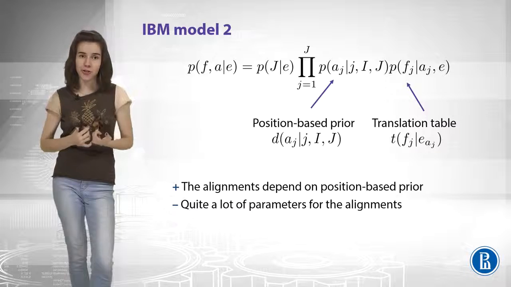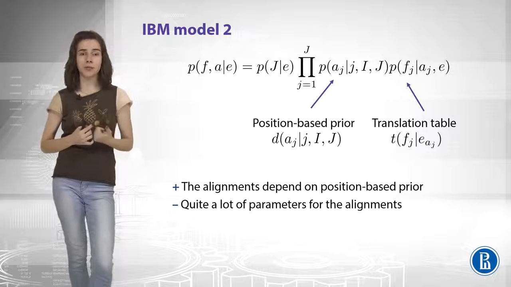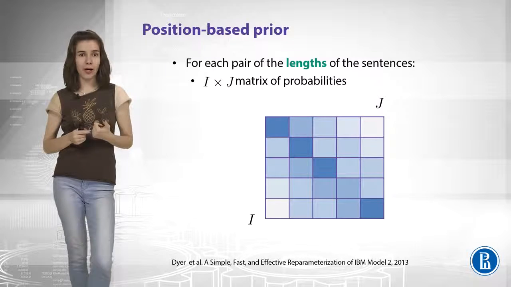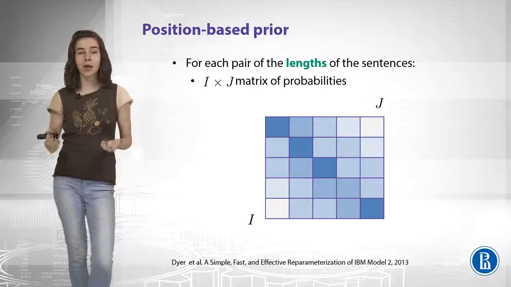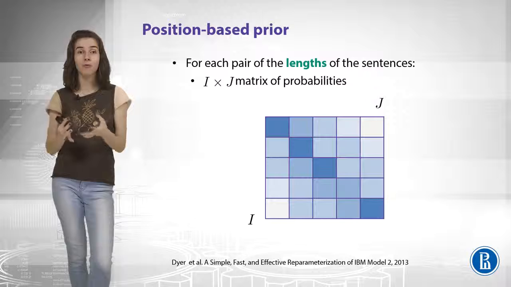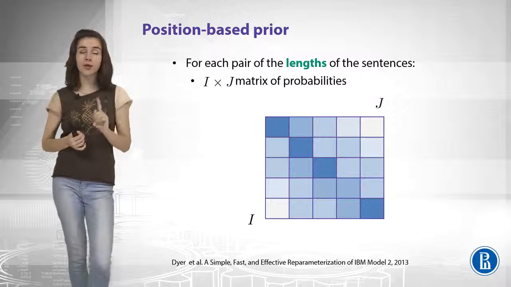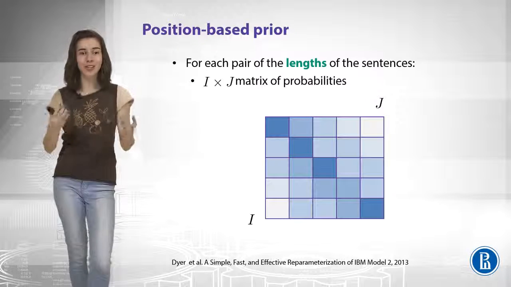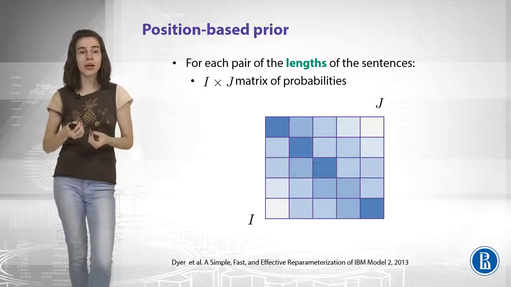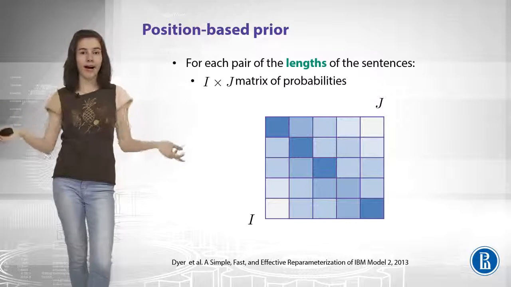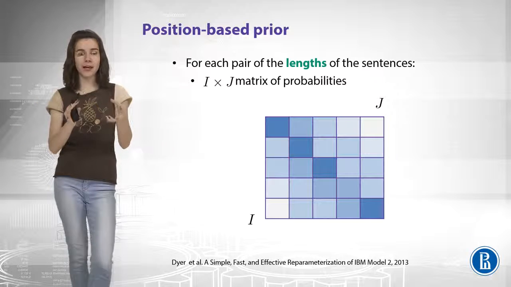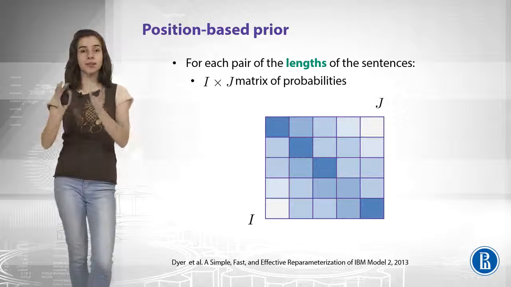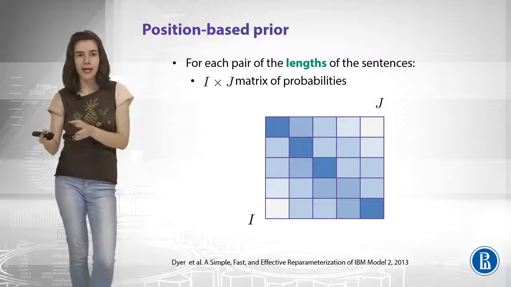Now, how many parameters do we have to learn to build this position-based prior? Well, actually a lot of parameters. You have I multiplied by J, which will be the size of the matrix of probabilities. And it is not all. Apart from this matrix, you will also have different matrices for different I and J, right? So you cannot just use one and the same matrix for all kinds of sentences. You just share this matrix across all sentences with given lengths. But for sentences with different lengths, you have different matrices. So this is a lot of